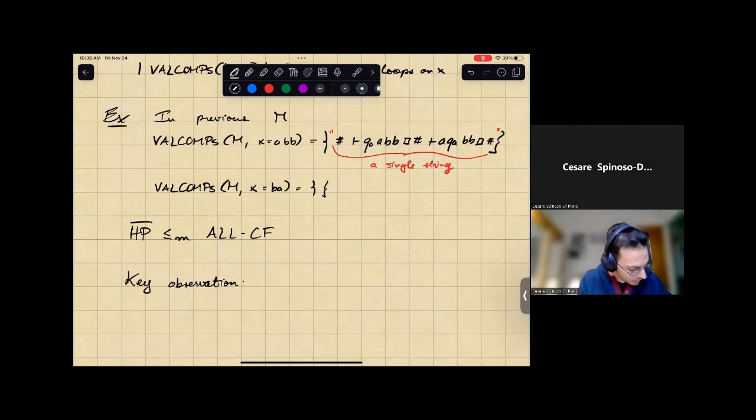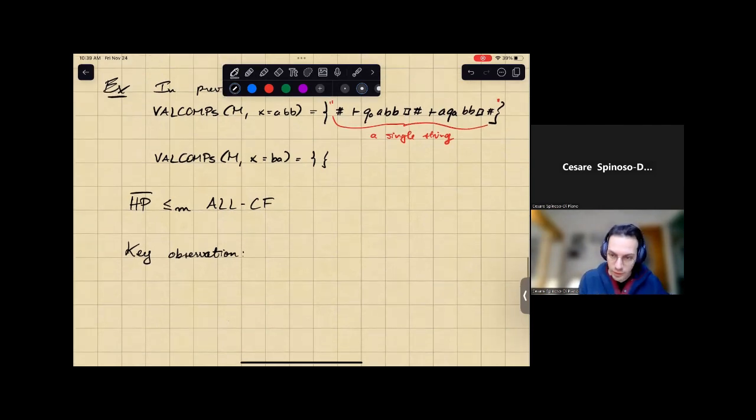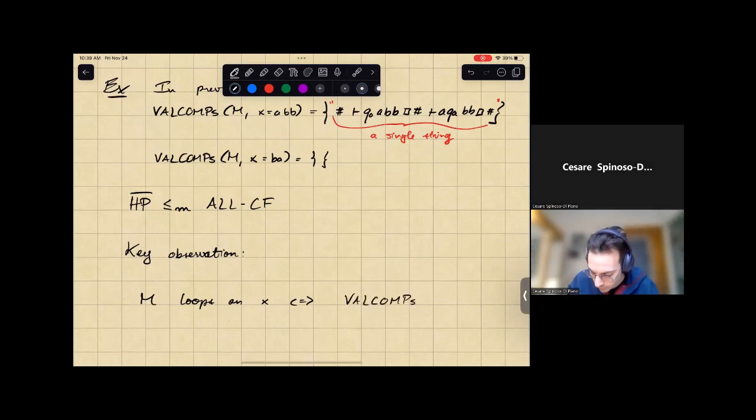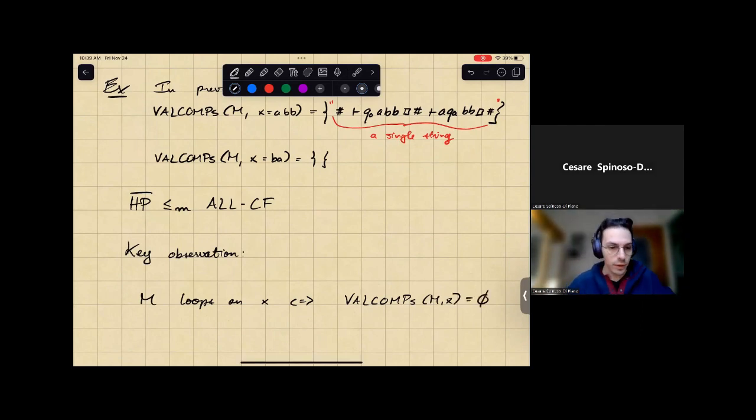And it's that, like we've just discussed in the previous remark, M loops on X if and only if the size of valcomps is 0. In other words, valcomps is the empty set. Valcomps of MX is the empty set. Okay, so